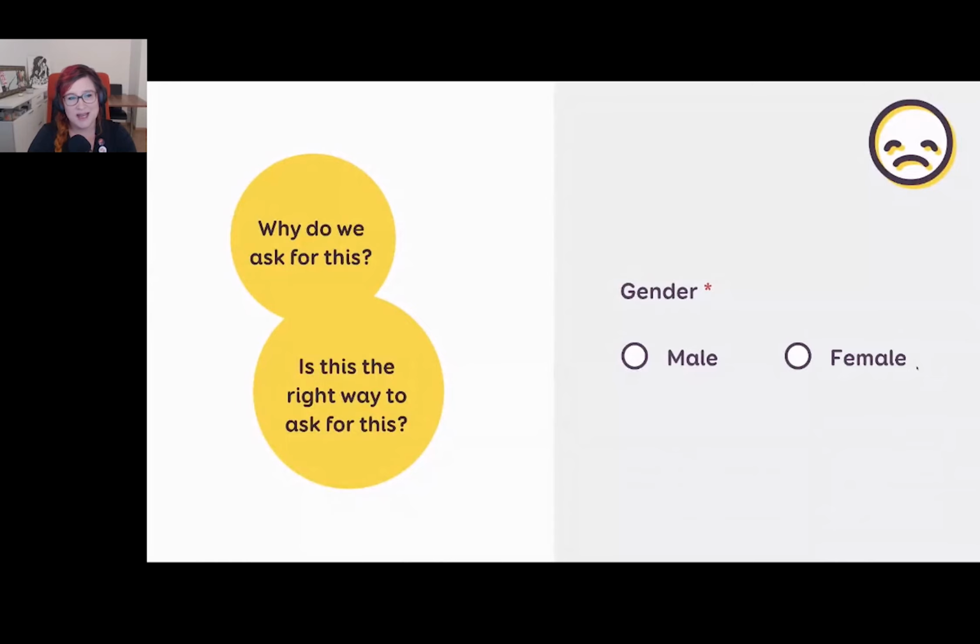And then another question is, am I asking the right way? Like if the question is, I'm asking gender because I want to know if I need to say he, she, they, to my user, maybe ask for the pronouns instead.